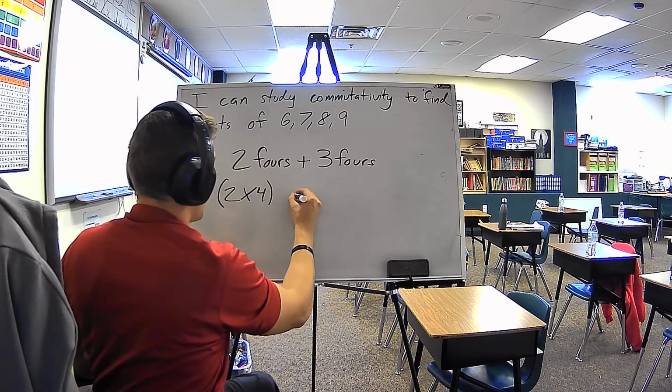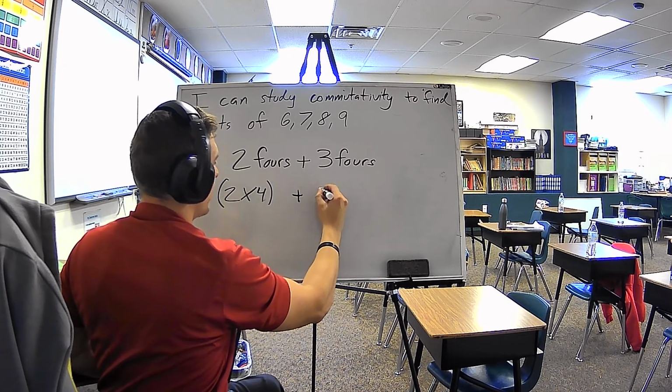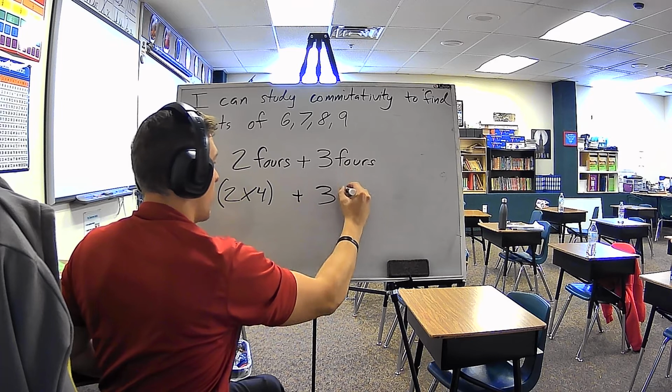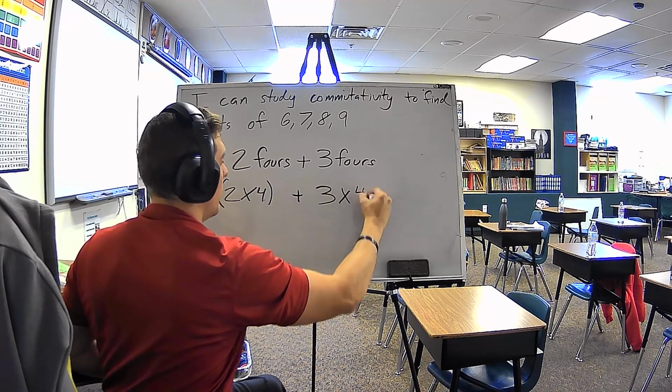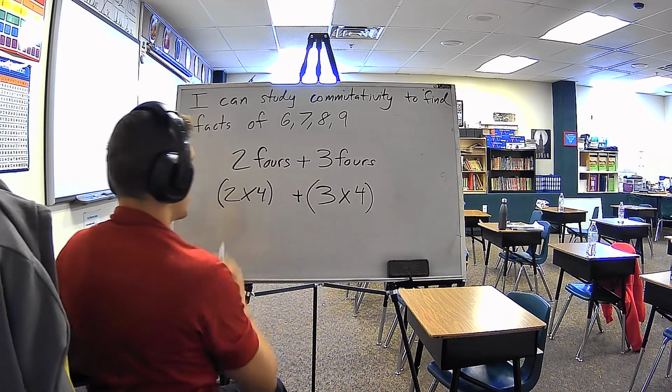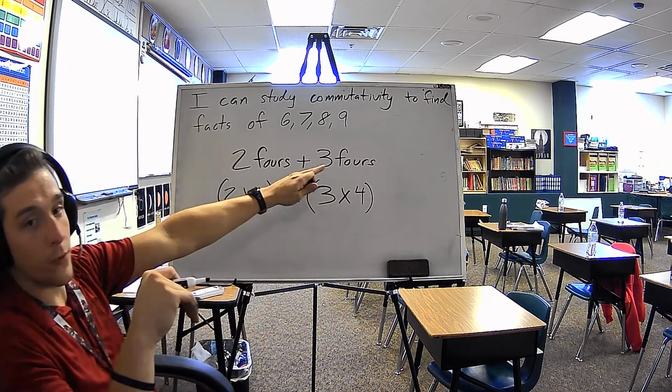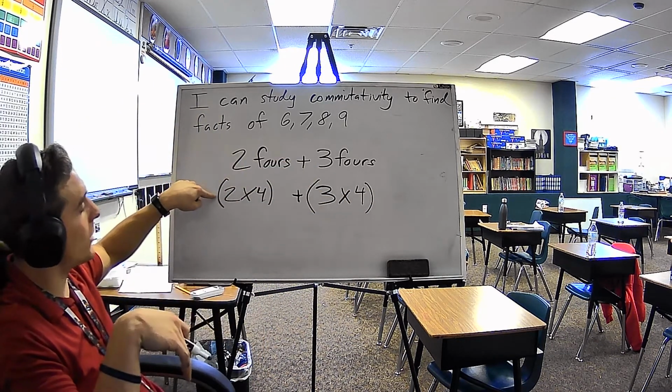I'm going to drop down that plus sign. The 3 is how many? How many groups? 3. How many groups do I have? Oh, I have 3 groups. How many are in each group? 4. So now I have 2 4s plus 3 4s is the same thing as 2 times 4 plus 3